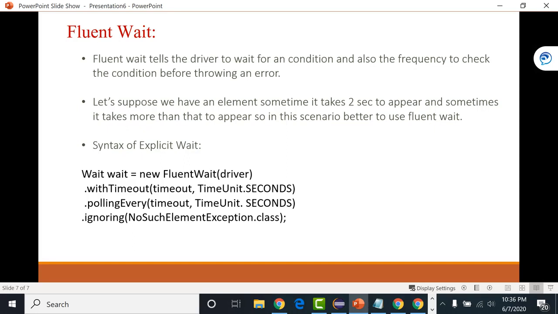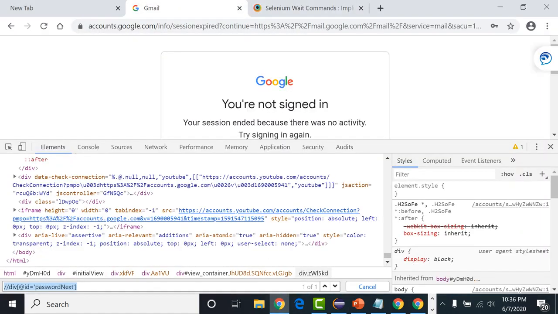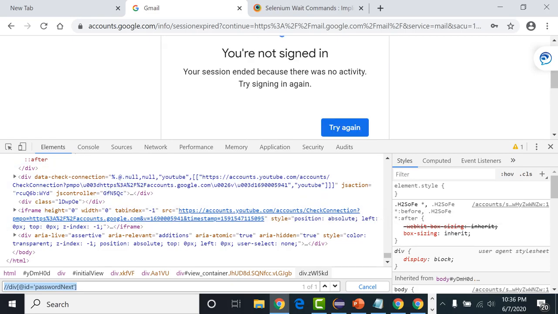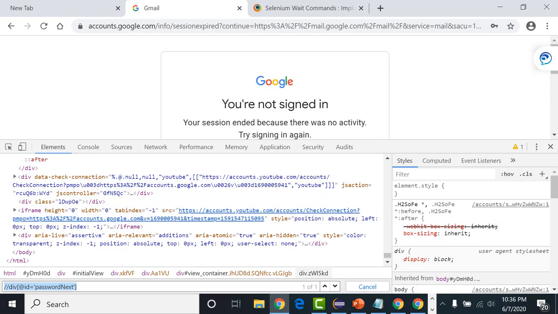Fine. So guys, these are the topics I wanted to cover today because that is the important part. In the next section, I am going to cover the Select class, Actions class, and some other classes to deal with different web elements, like a drop down or checkbox. Till now we have been dealing with very simple elements like a simple text field, a simple button. But if there are drop downs or checkboxes, how to deal with those, I'm going to cover in the next section. Till that time just practice waits, apply different wait conditions in Selenium.